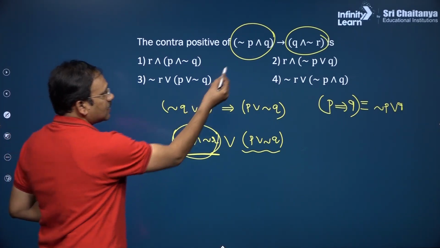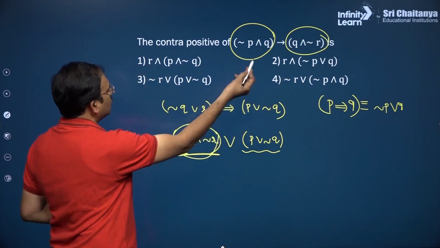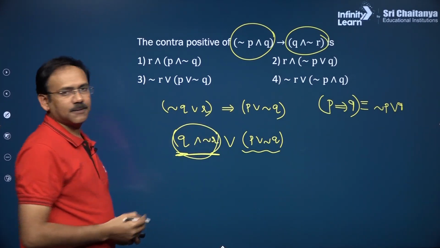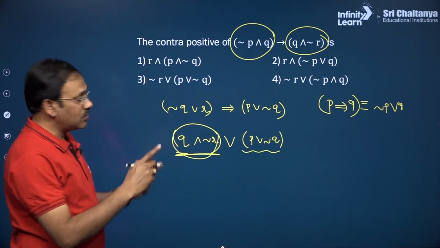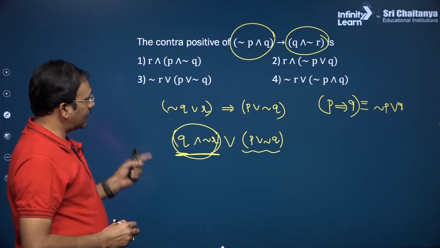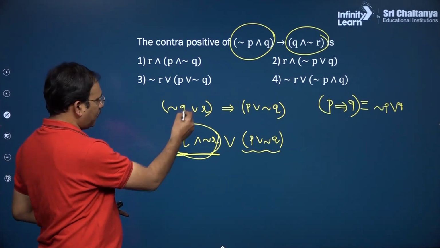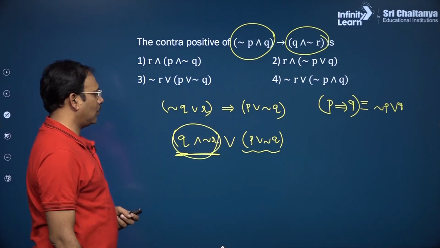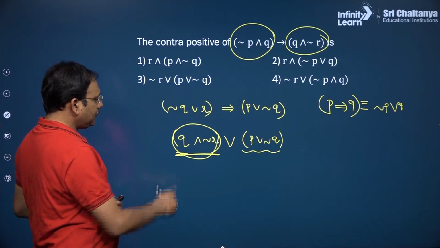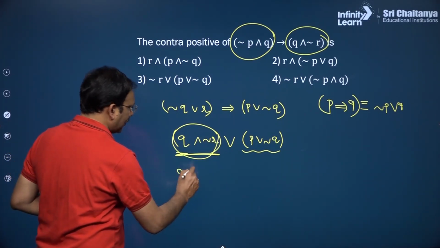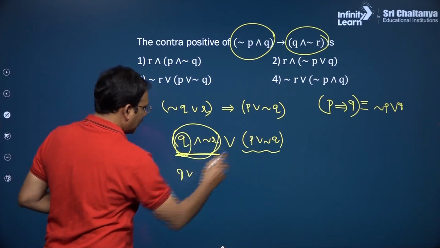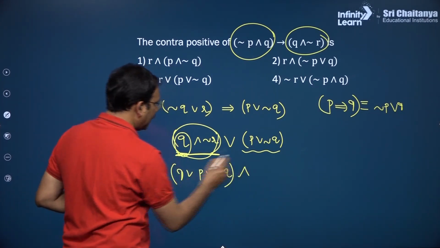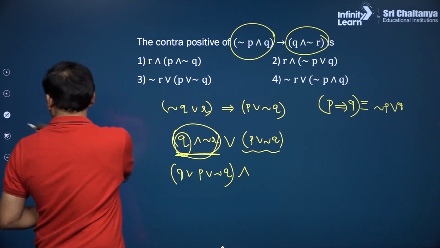You see, this is the given statement, its contrapositive is negation Q implies negation P. Now, P implies Q is always equivalent to negation P or Q. Negation P is this, my dear friends, or Q is this. Okay. Now you just apply, you see, Q or this, or P or negation Q, and the distributive property, my dear friends. You can say here,